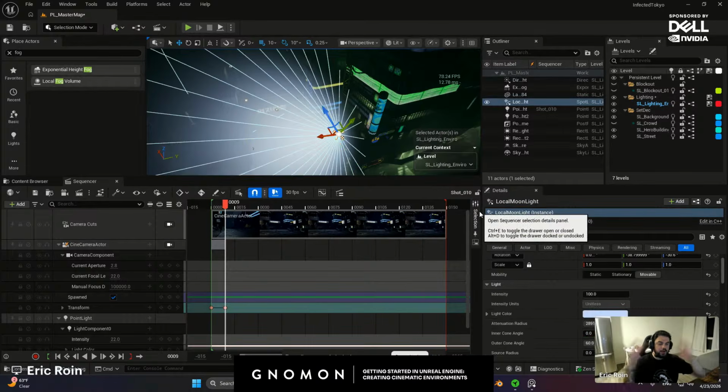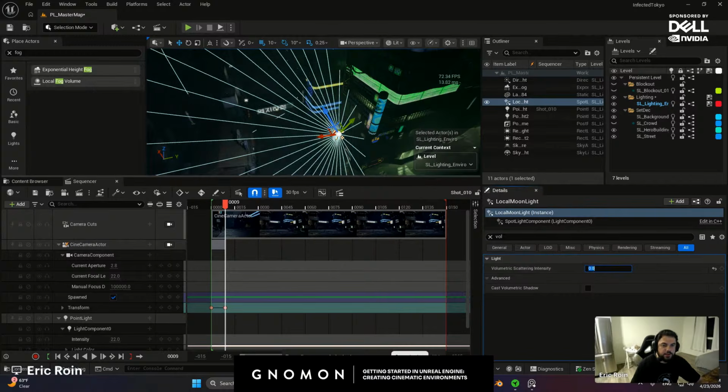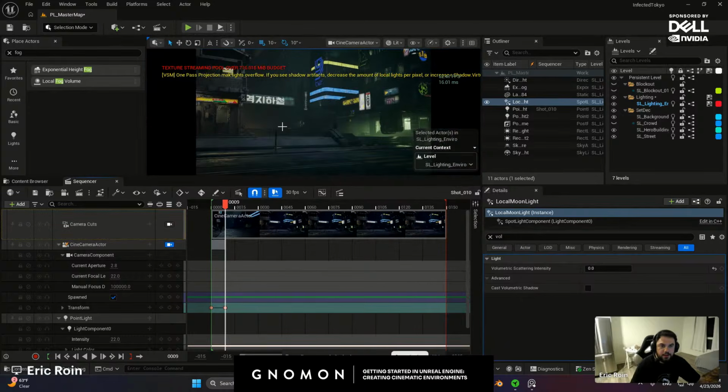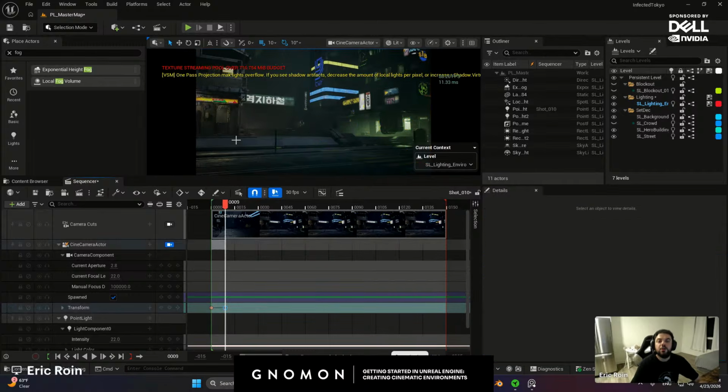So now that we have a fog established in our scene, we can control how much each light is affecting the fog. That's going to be under this same setting, volumetric. I'm going to set it to 0. And now this light does not have any effect, even though we have a fog in the scene already. Right, so now it's a bit more balanced in there. Let's get back to this.